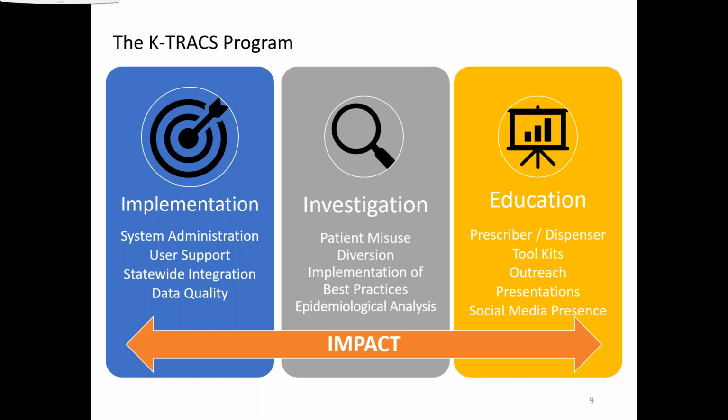We have also begun working on our data quality initiative to ensure that the data being reported into our system is incredibly accurate and there aren't any gaps of data or missing information that pharmacies may have missed in terms of reporting. If you think about that, it's a little bit confusing, why would there be information that's missing? Well, in each state, controlled substances can vary and be different, as well as our list of drugs of concern. So with national pharmacy chains and things like that, we just want to make sure that everyone is aware of what data has to be submitted and ensure that the data being submitted is both timely and accurate.